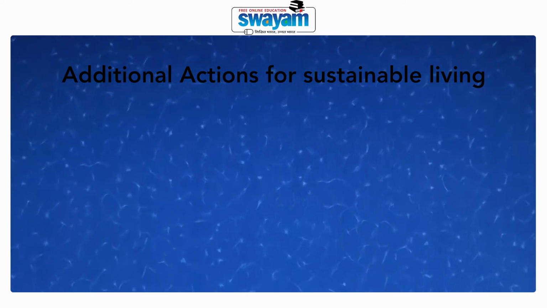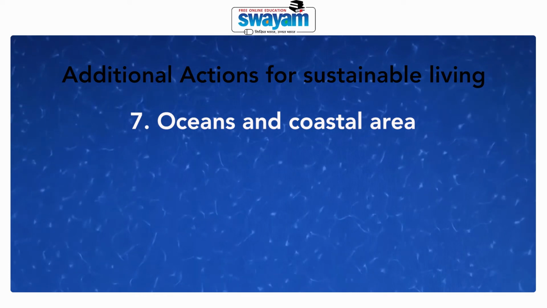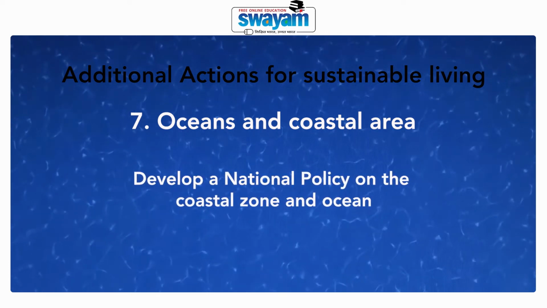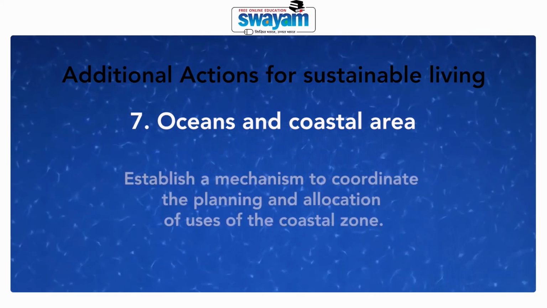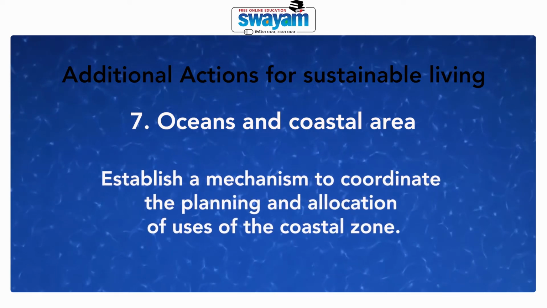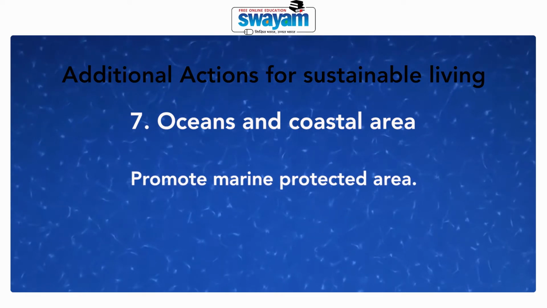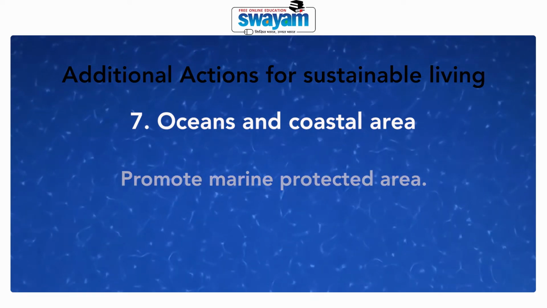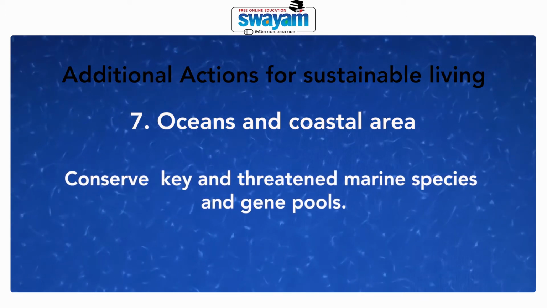The oceans and coastal areas, just like the freshwater resources, also require our attention. A national policy on coastal zone and oceans is required. A mechanism to coordinate the planning and allocation of uses of the coastal zone. Promoting the concept of marine protected areas, just like national parks and sanctuaries, and conserving key and threatened marine species